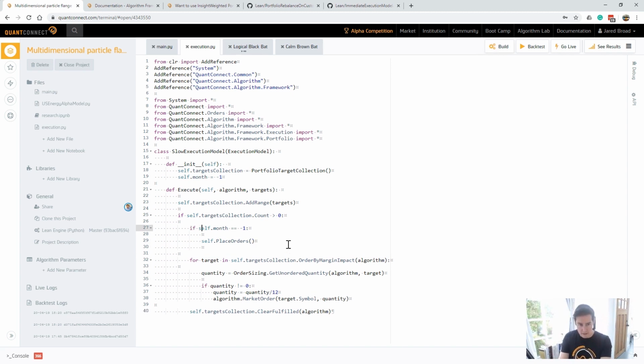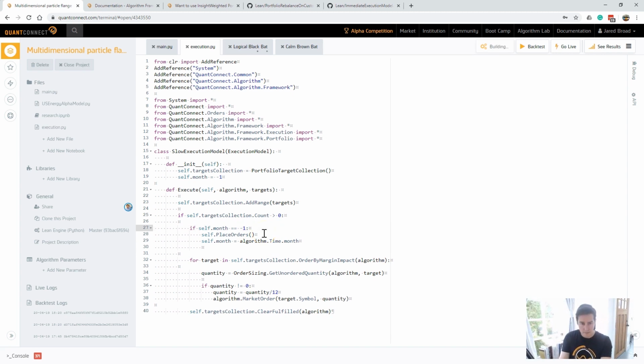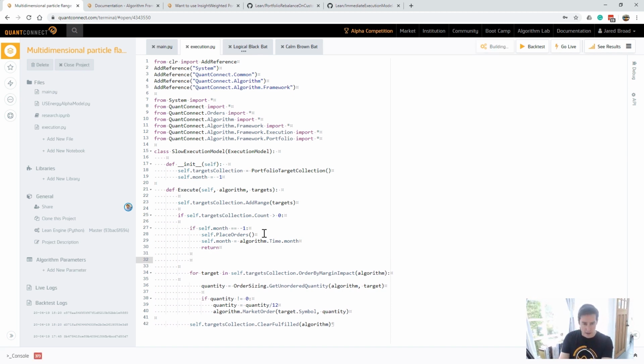And then make sure we save the month. Okay. And return. And then otherwise, if this is a normal rebalancing, we'll do the same thing. If month equal to